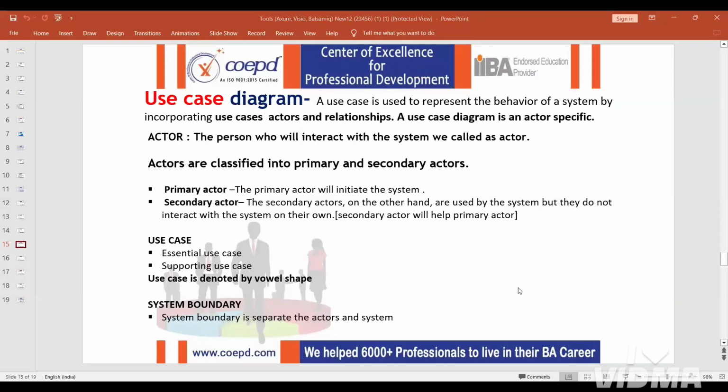Coming to the primary actor, guys, let's understand what is the role of a primary actor in a use case diagram. The primary actor will initiate with the system, meaning who will interact with the system. Suppose you are a user, guys, interacting with any application. Those are all called the primary actors. And what is meant by the secondary actor? The secondary actor, on the other hand,